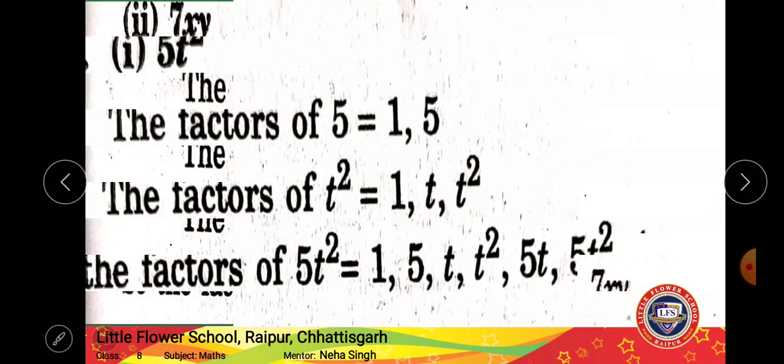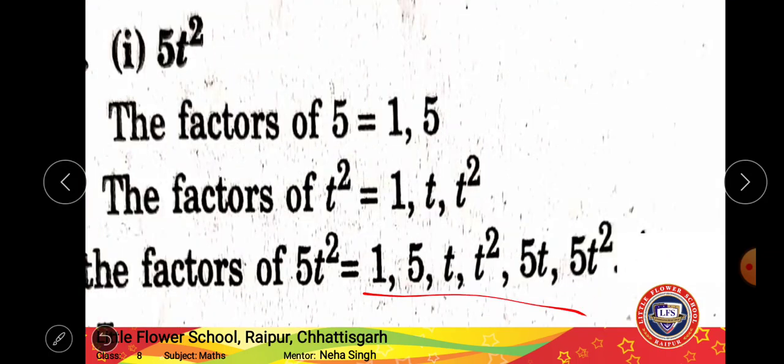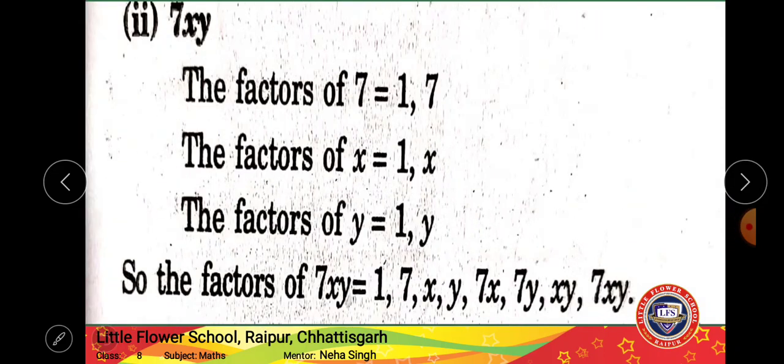Suppose the factors are few, then no problem. If the number is greater, or the algebraic expression has more than one term, what can we do? For a few relevant terms, we can write the factors, right? Because writing each and every factor will be lengthy, so we can write the first few factors depending on the terms of the question given, right? Like in this, it was only one term, so we have written all the factors. Moving on to the next question.